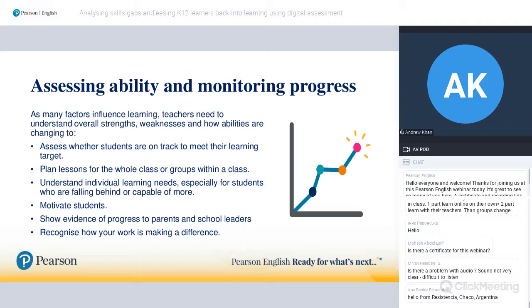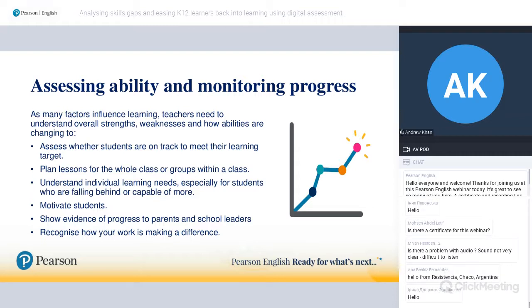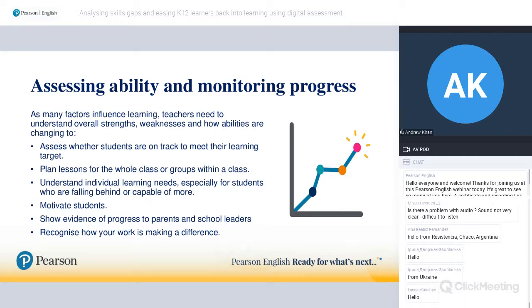So you might already know about those in-course, in-book, end-of-chapter tests that are designed to monitor understanding of the content that's just been covered. And you might also know about things like formally certificated tests you might take to measure proficiency at the end of the year or end of the course. We're going to be looking at something a little bit different today. And there's something that to me is very exciting. And I think looking at what's available out there at the moment is unique. And that's our benchmark tests and the broader idea of benchmark testing.